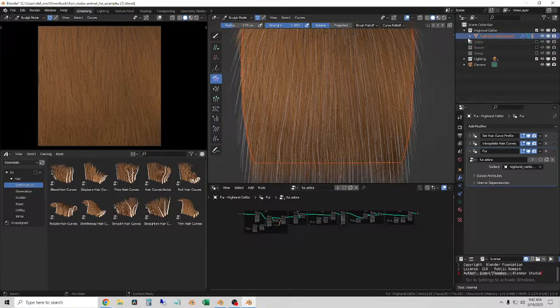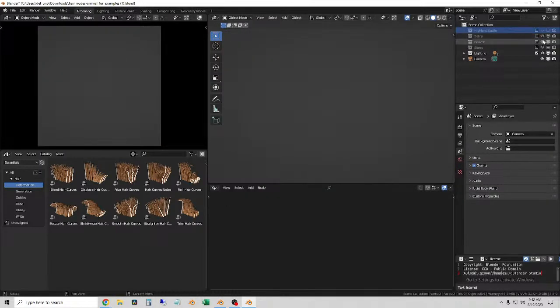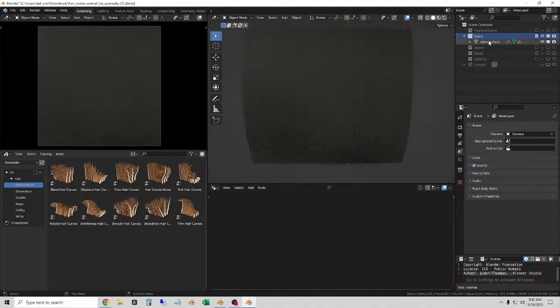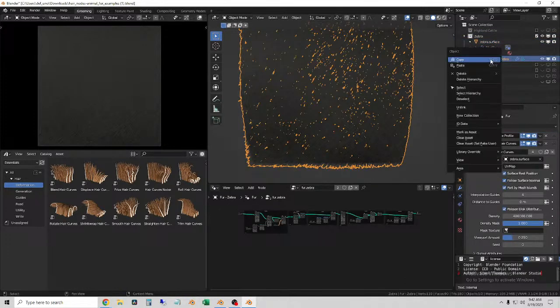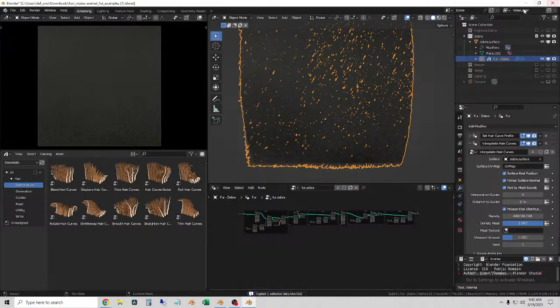It's just a surface. Okay. Yeah, let's do that. So let's turn these other ones off just to be safe. And then we don't need the lighting or the camera, so let's just grab the zebra collection in here, and let's just see if this works. It probably won't. We'll just copy the whole thing,